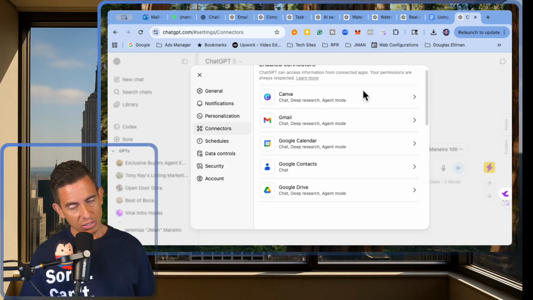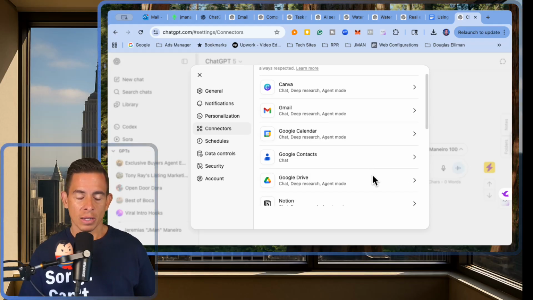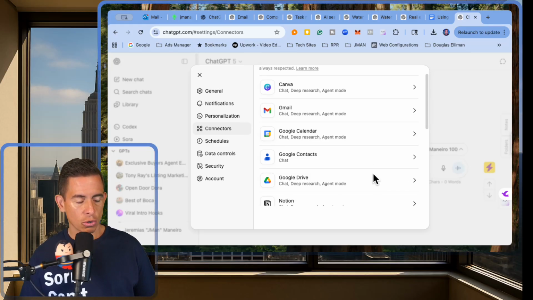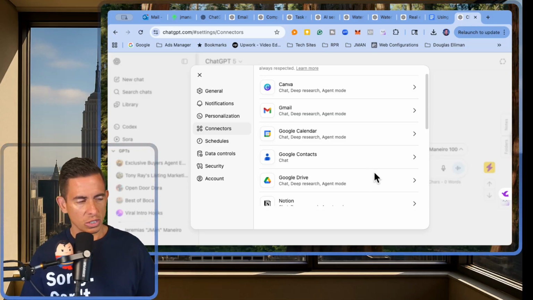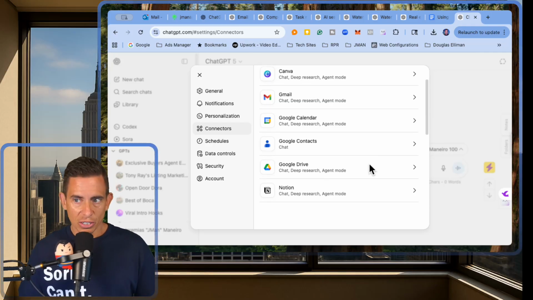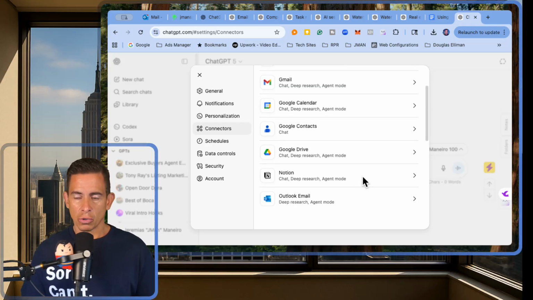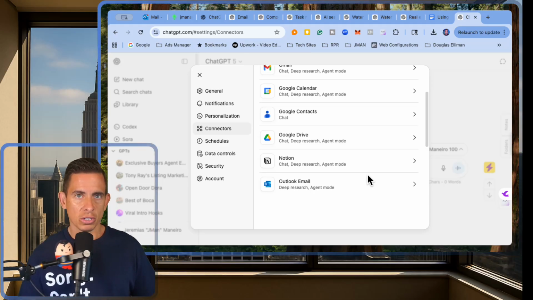I have my Canva account that's in here. I have one Gmail account, my primary, that has the most Google contacts in there. And then I have my Google Drive that's tied into my Google Workspace account, because it has unlimited. It wasn't a limited drive. I think it's only 2 terabytes or 4 terabytes now. But it has a lot of stuff in there. Okay. And then Notion, my Notion account is in here. And then I have my Outlook email also connected,